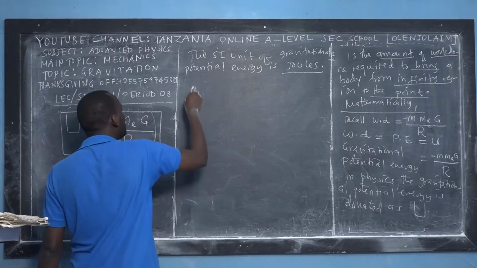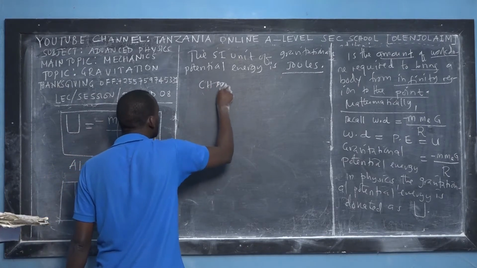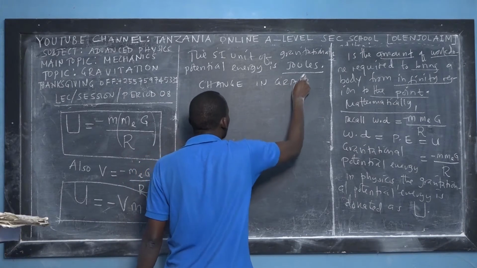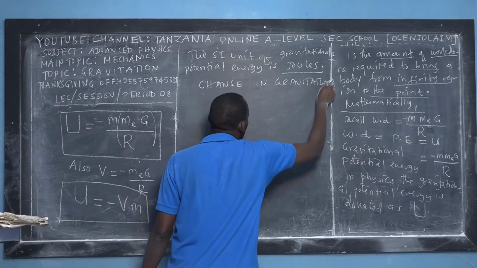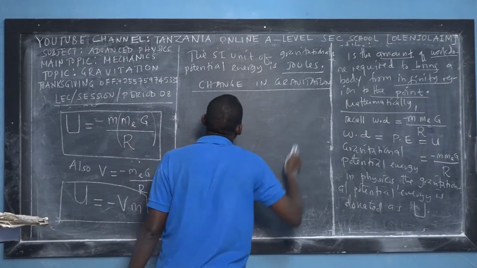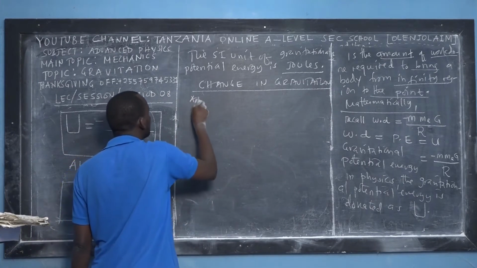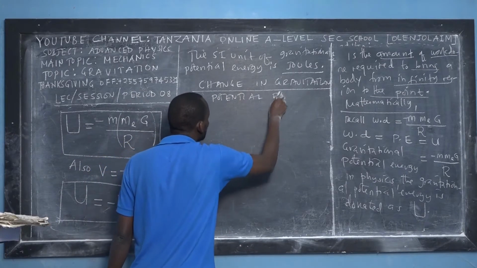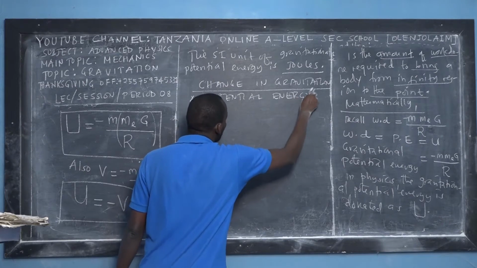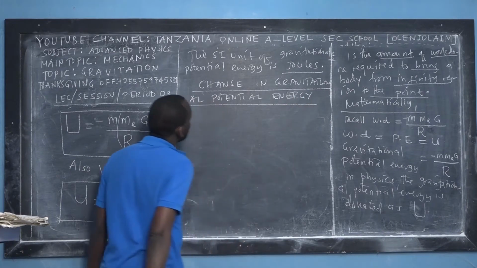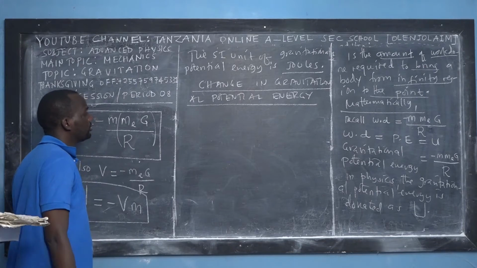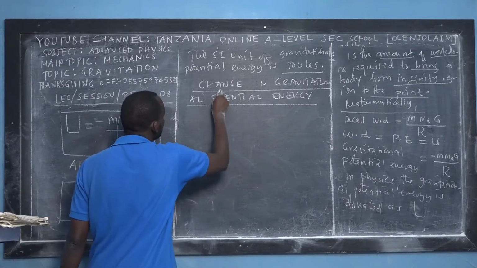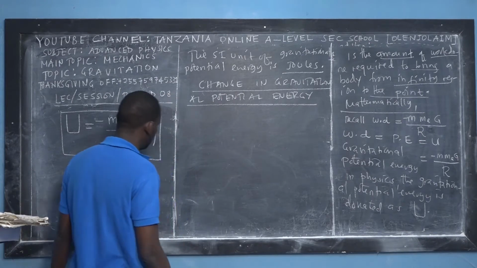So let me teach you about change in gravitational potential energy. Very important formula in computation. This is a very interesting point. So for the change of gravitational potential energy, we say that